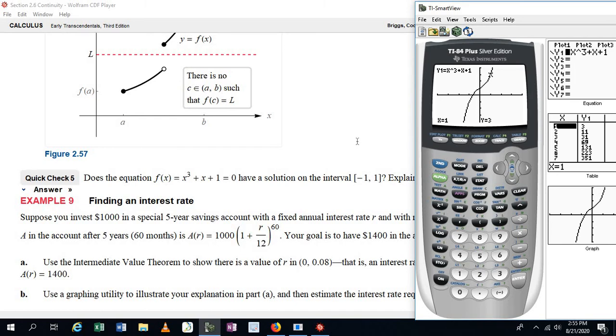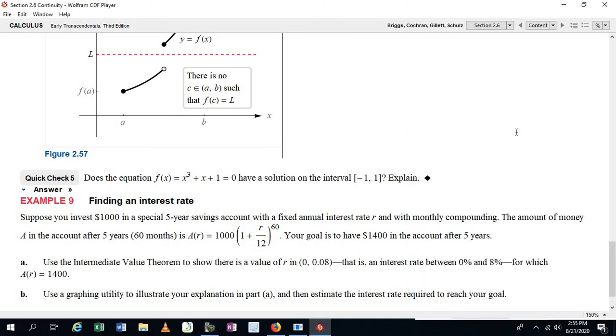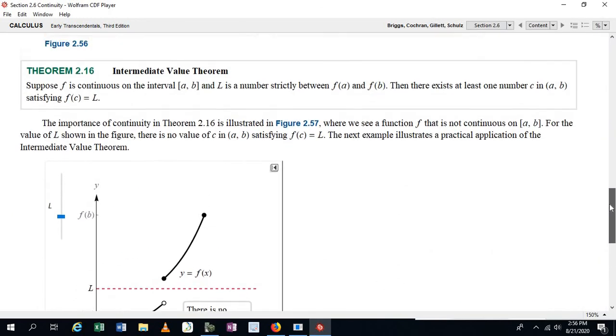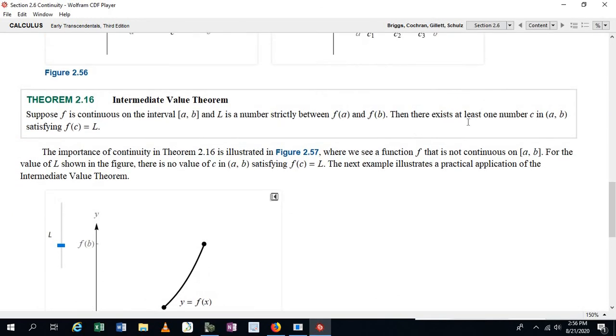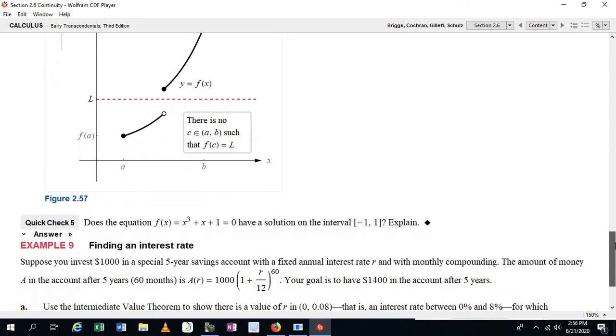The intermediate value theorem is an existence theorem. The only thing it does is guarantee us the existence of at least one number c in the open interval from a to b such that f of c is equal to L. But it doesn't tell us what that number is. It just guarantees the existence of at least one such number. Now, if you really want to know what that number is,